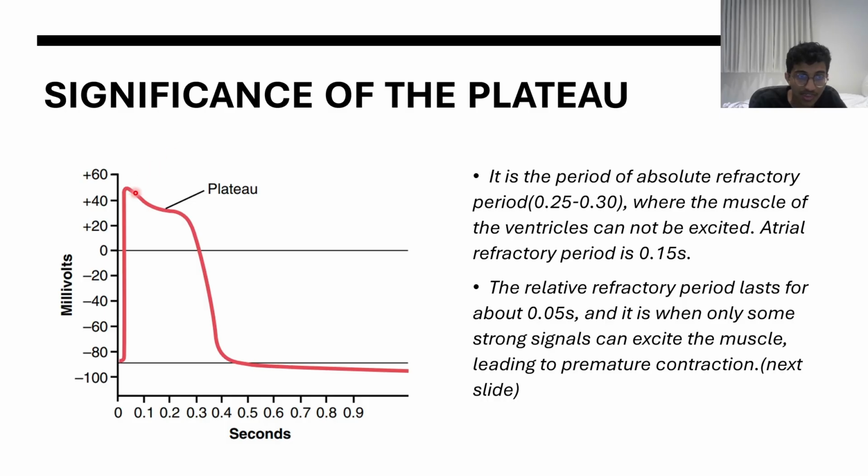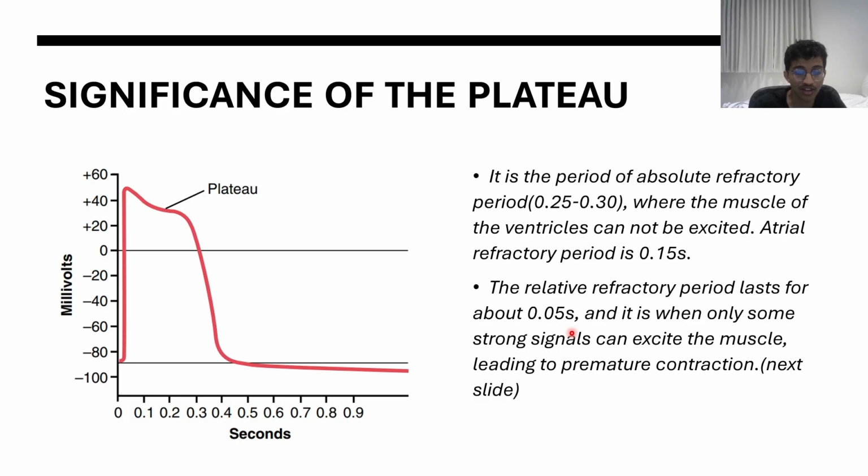During this period, the muscle cannot be excited again at all. You cannot excite the muscle. Okay? Now, 0.25 to 0.3 is for the ventricles. Atrial refractory period is 0.15 seconds. It's a bit shorter. We have something called the relative refractory period. The relative refractory period is just after the plateau. It lasts about 0.05 seconds, and only some really strong signals can excite the muscle, and this will lead